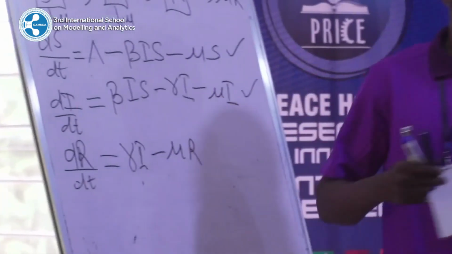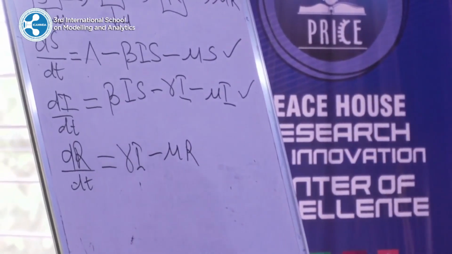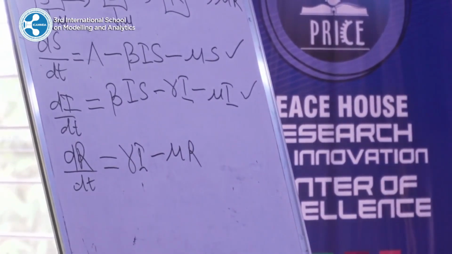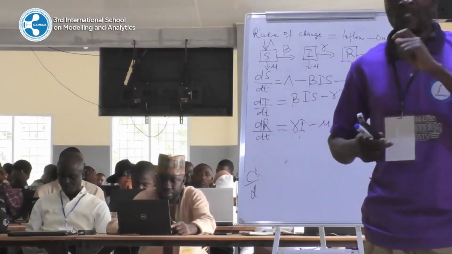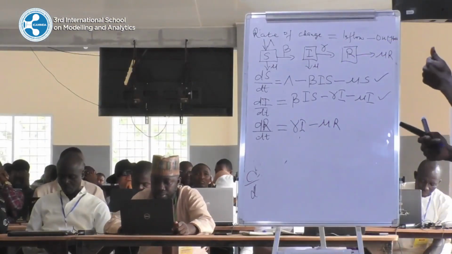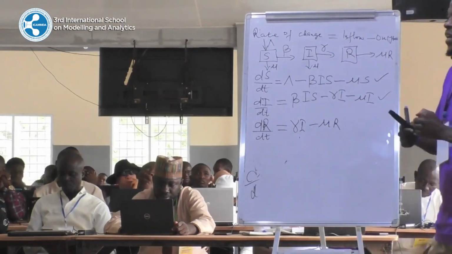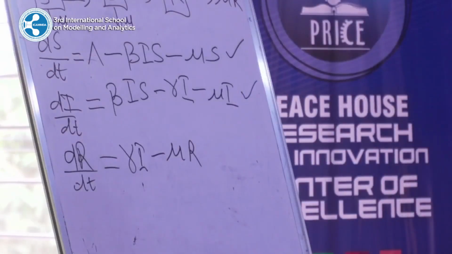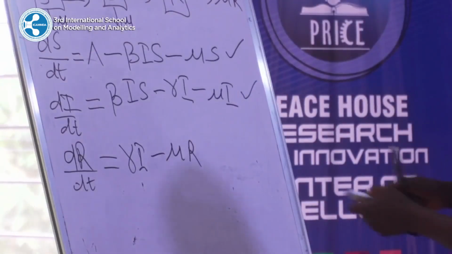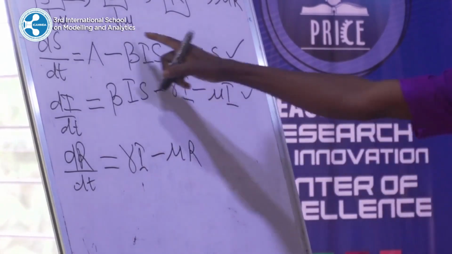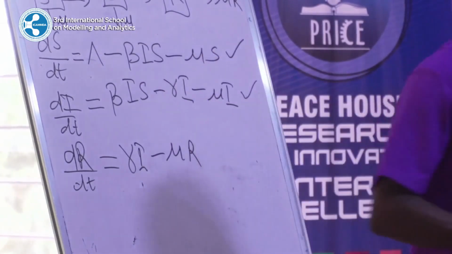In the case of malaria, people do recover, but the kind of recovery we have is not infection-blocking immunity. As such, there is no point in time that anybody will be in this class, because even though you have recovered from malaria, once you have a mosquito bite, you can get the infection again. That is what I said the other time, which I have also clarified now. So we are able to get this system of equations from the model.